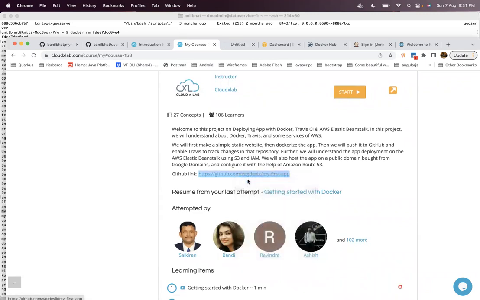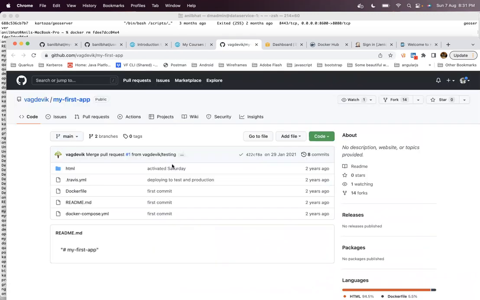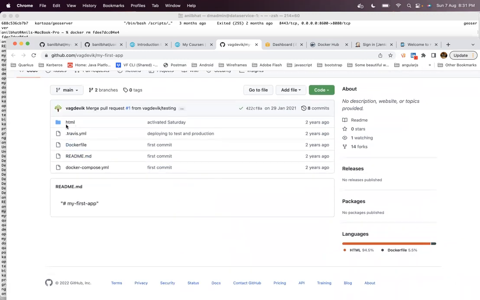You can just clone this particular repository. Here you can see that it is a simple HTML application. You can do any application of your own. So for C# guys, you can write your own C# code in your GitHub repository, create your own Docker container, and try to run the application inside the Docker container.